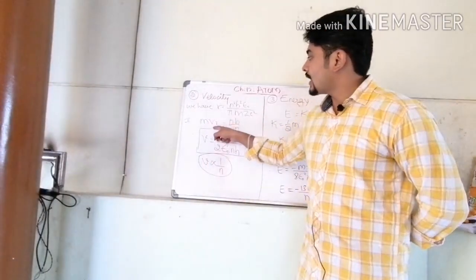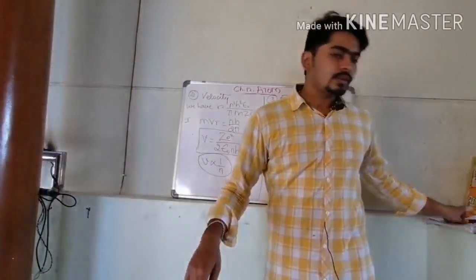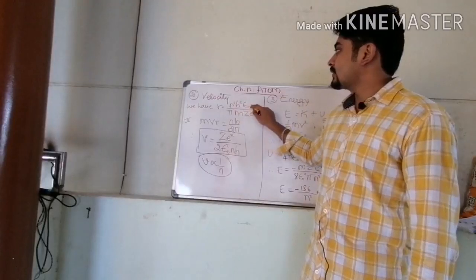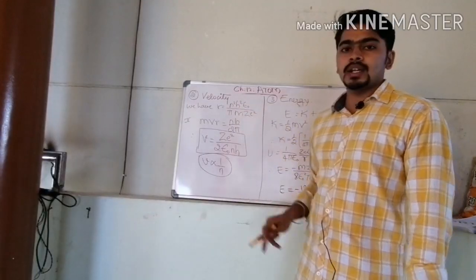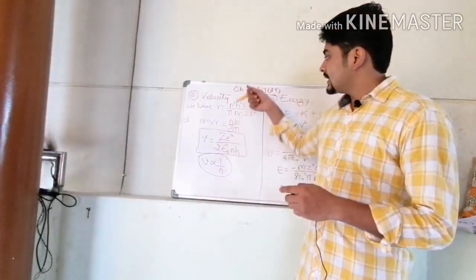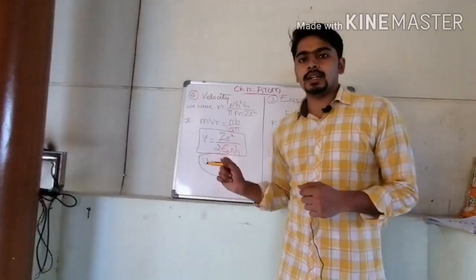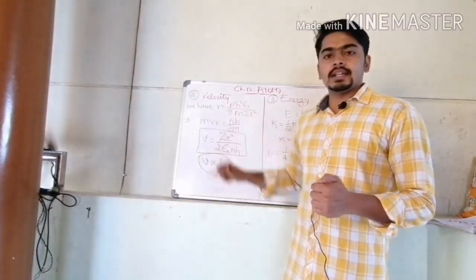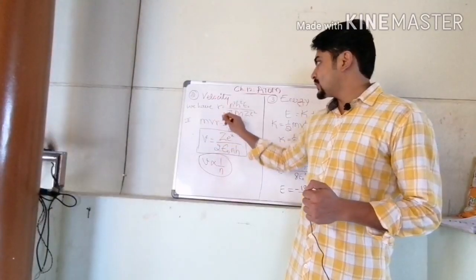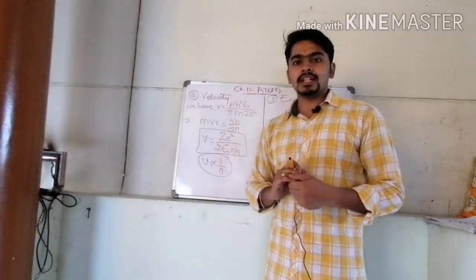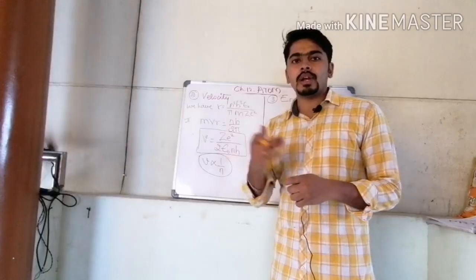Since we have derived the value of r here, the radius equation has been derived, and that is r is equals to n square h square epsilon naught by pi m z square. If you want to substitute the z value, n value, you can do that also. But in the general equation we are deriving here. So on substituting the value of r in this equation, mv into this much is equals to nh by 2 pi. And on simplification, if there are any cancellation terms, we have to cancel them.